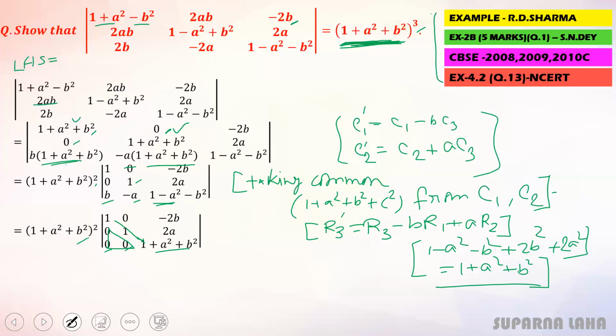So (B minus A) square into again 1 plus a square plus b square plus c square. That means it is 1 plus a square plus, sorry, not c square, 1 plus a square plus b square, the whole square. If I said c square, then please don't take it, since 1 plus a square plus b square is given. So here we proved it. So write down this is RHS and write down proved.